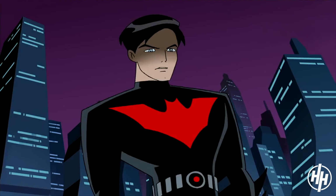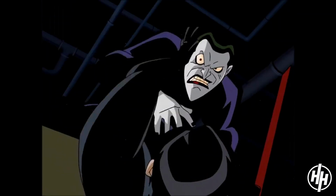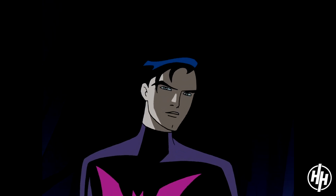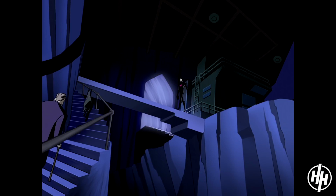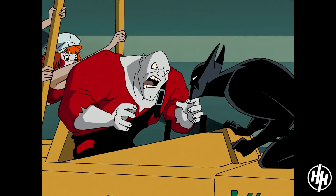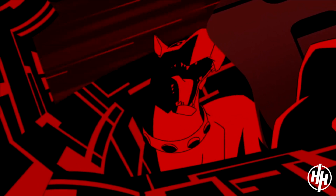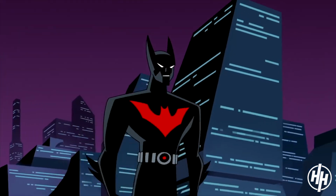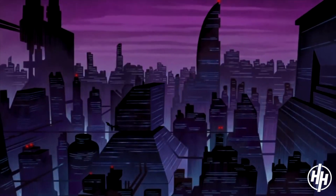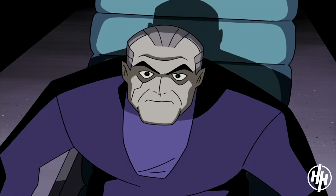Return of the Joker is an animated masterpiece, and Terry's Batman suit has never looked better than when he's fighting the revived clown Prince of Crime in the factory towards the end. The simplistic black and red look is stunning. Also, how cool are his wings? They're the perfect futuristic replacement for the cape. The suit also fires batarangs from Terry's wrists, enhances his strength, and he can even blend into the Neo Gotham skyline thanks to its camouflage setting. If you haven't seen Return of the Joker, we absolutely highly recommend it, as it is an animated classic from